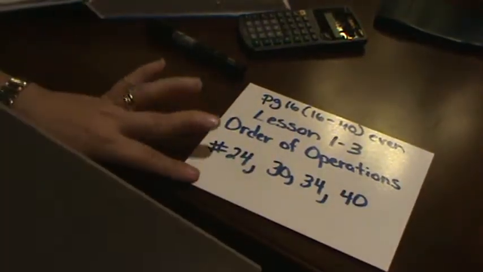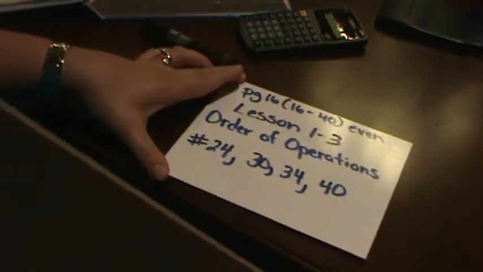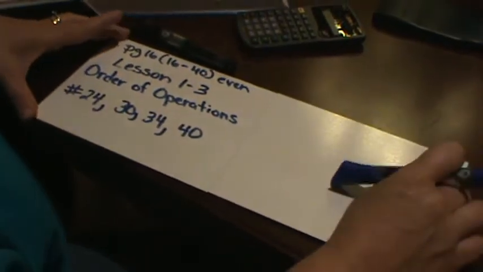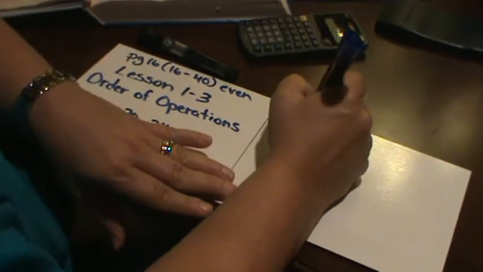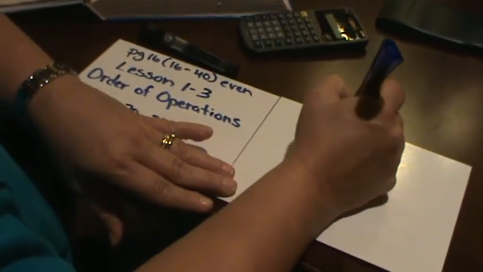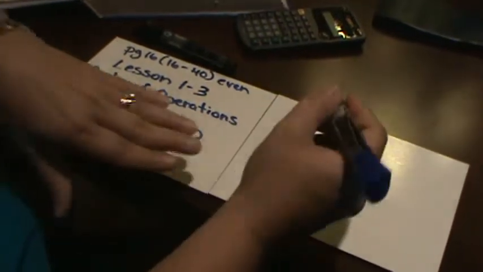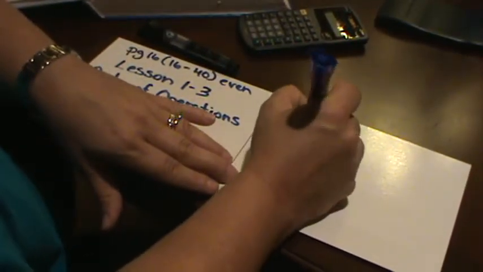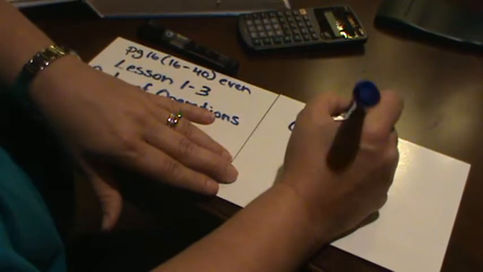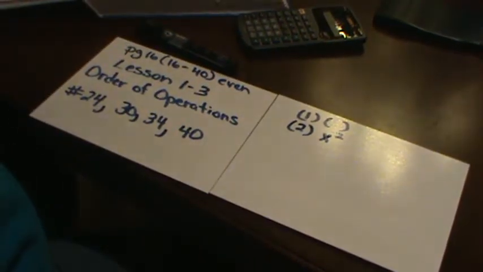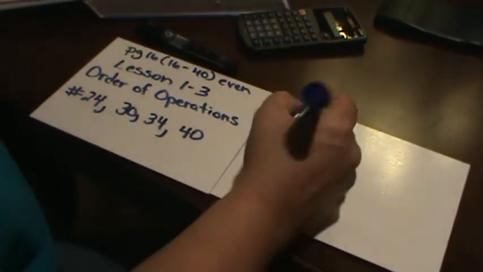Okay, this is lesson 1-3, order of operations. If you'll remember, when it comes to order of operations, the first thing that we do is anything that's inside parentheses. We do all parentheses. Second, we do any of the exponents that we have. Third